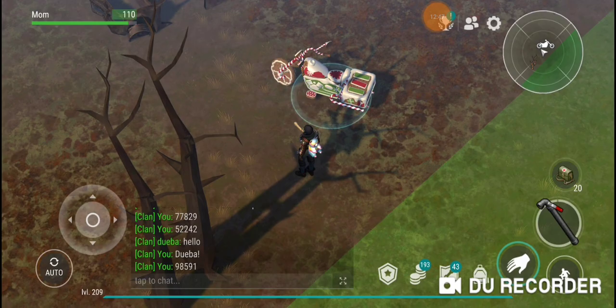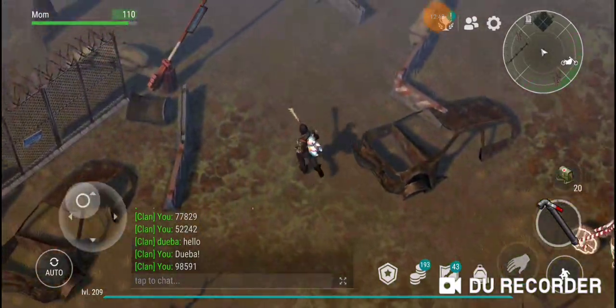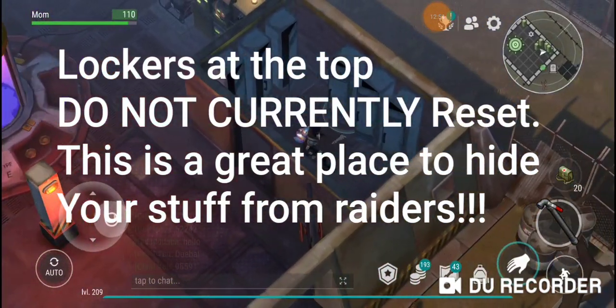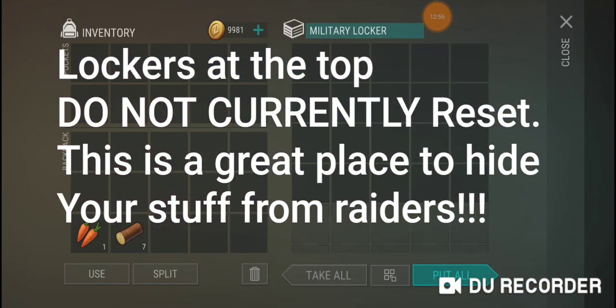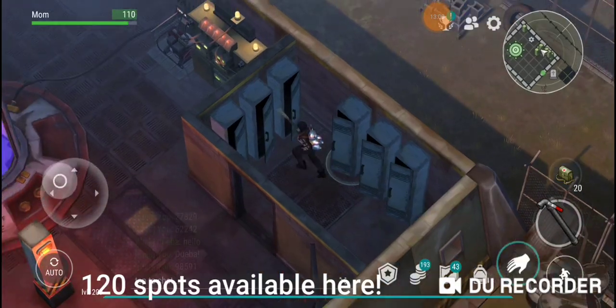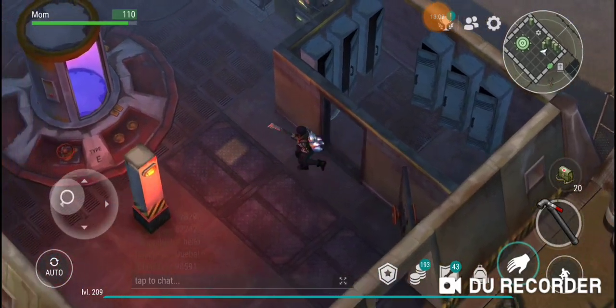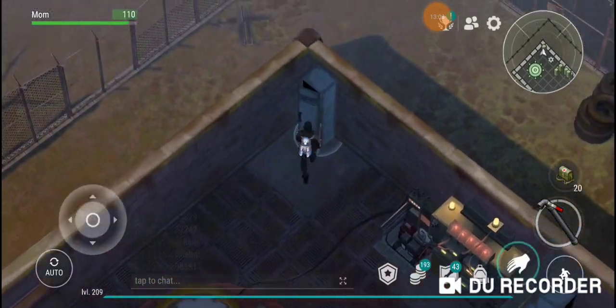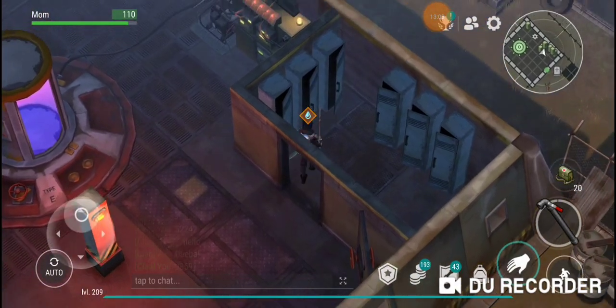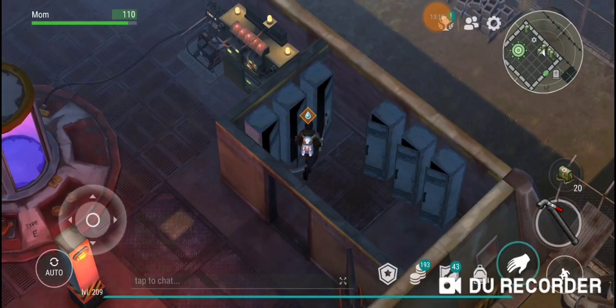Okay. One of the best things about Bunker Bravo and Alpha is that they have these lockers that you can use, and they have storage that does not reset. There's 120 total spaces available in these lockers. Now, you can fill them up and they won't reset, so they'll just sit here with whatever you put in them. One of the benefits of having them up here,